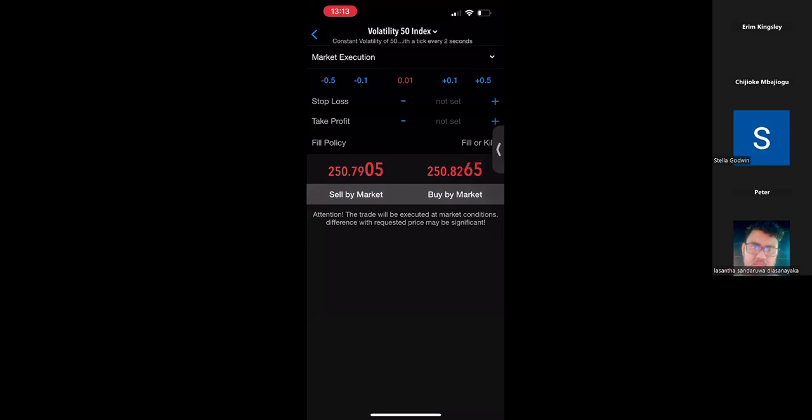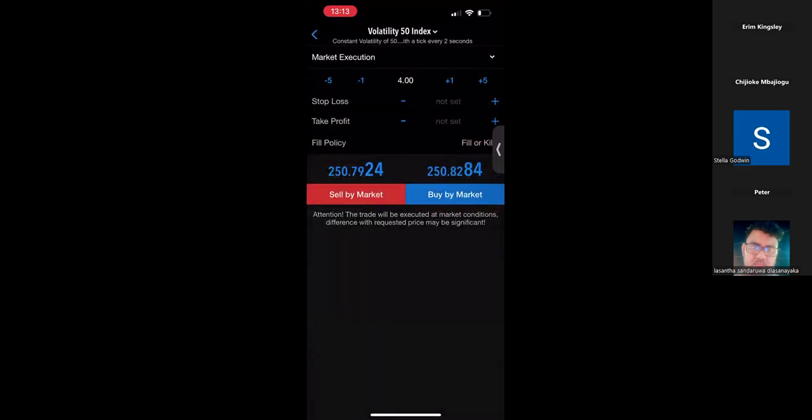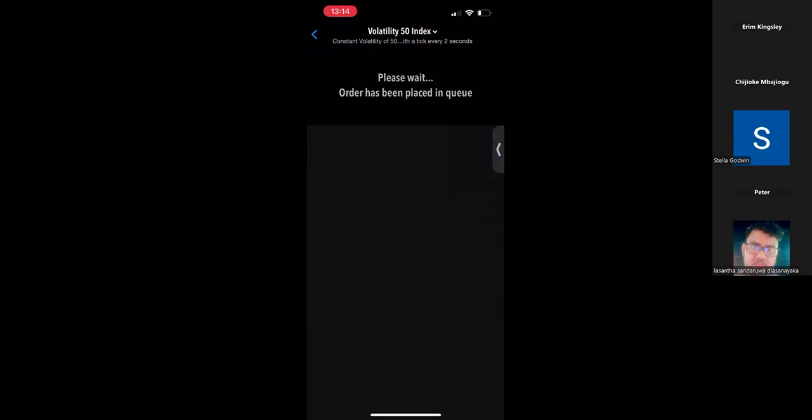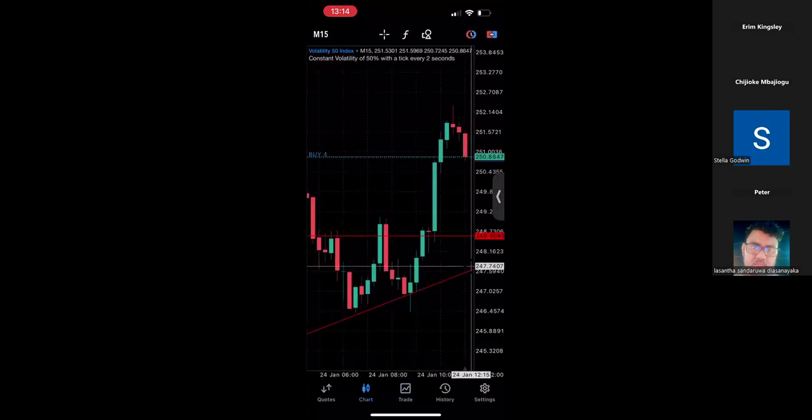You can see that it is not buying, it's showing invalid. Now you go back again to place that same trade. Now it has shown you that the lowest lot size for this particular index is 0.04 standard lot. So it is up to you to say you want to place 3 times or 4 times. For the instant execution, you just click on buy. You can see the market is buying. But we are talking about pending order buy limit.